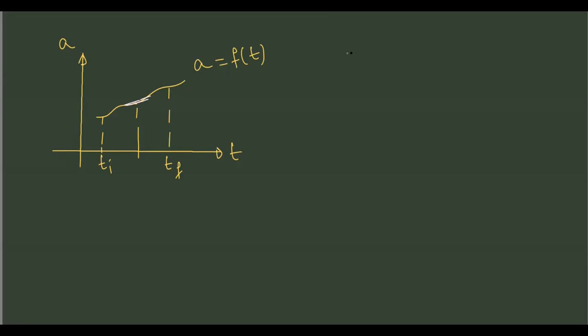Okay, now here, the area under the velocity-time graph was giving us displacement, right? So what do you think the area under the acceleration-time graph gives? Change in velocity. Very good. Nice. Because the area under the velocity-time graph was giving us change in position, which is displacement. So the area under the acceleration-time graph should give change in velocity.